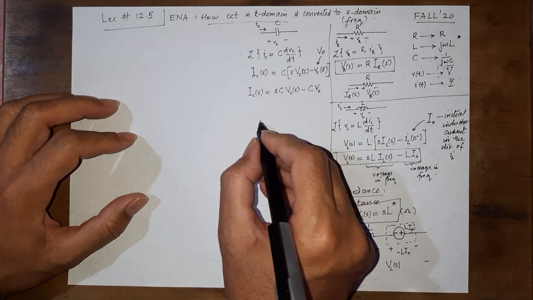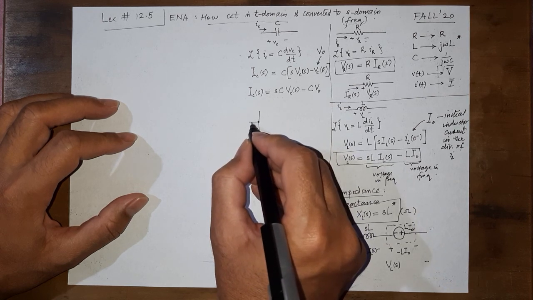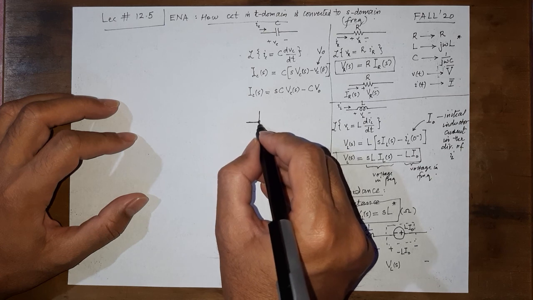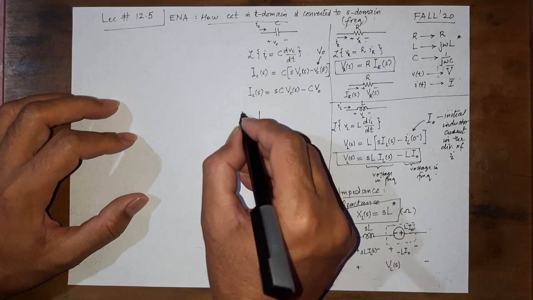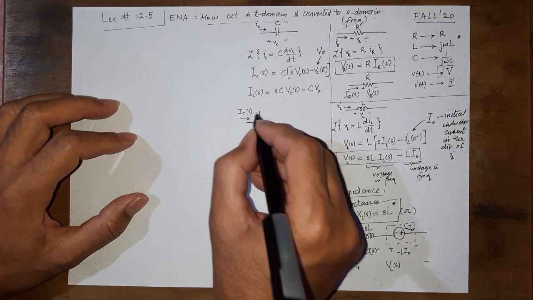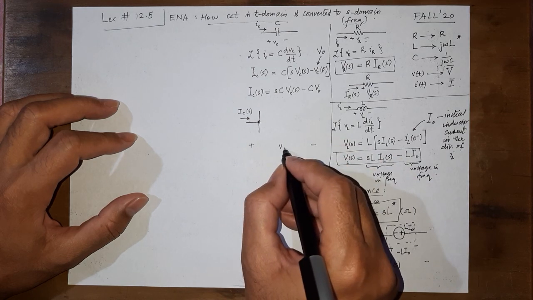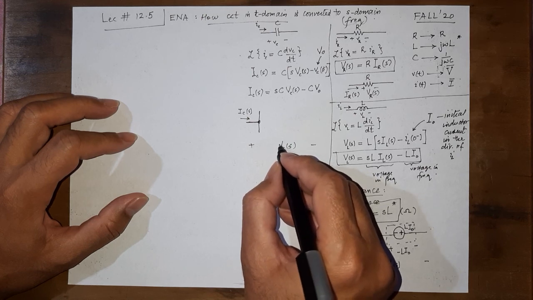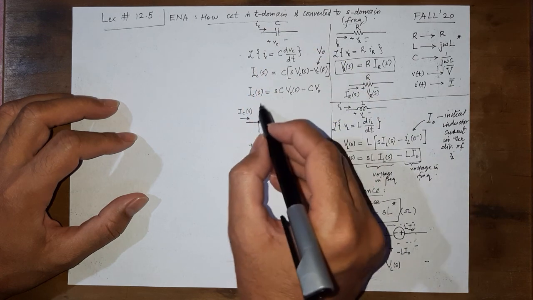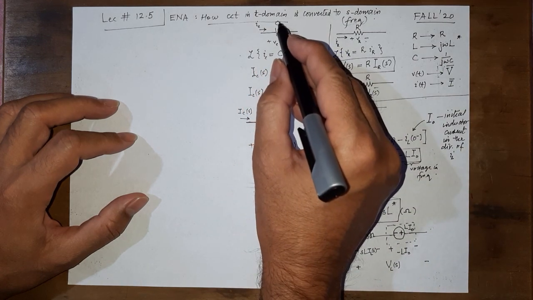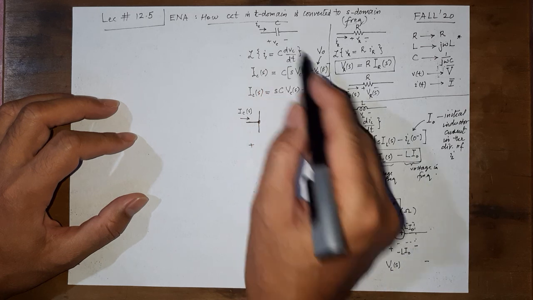If we have a node, then three branches are coming and going. Three branches are combining at a node, and this is the current that goes into this thing, whatever we are going to draw, and the voltage overall across that thing is Vc of S, capital VC. So the box that we are going to draw for the equivalent of C with some initial voltage has current IC of S going in and Vc of S across it.